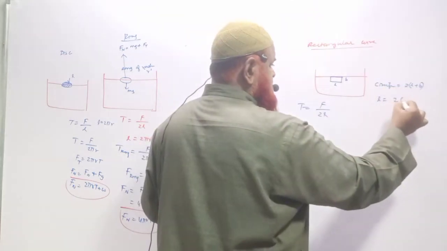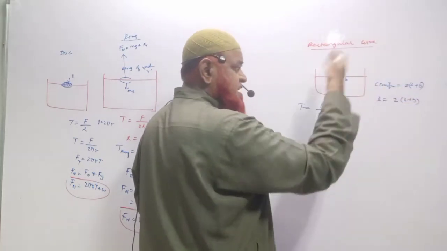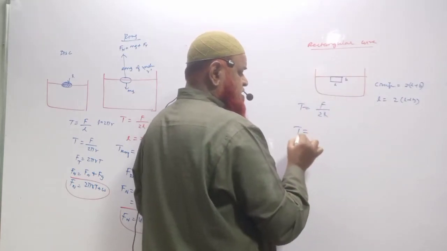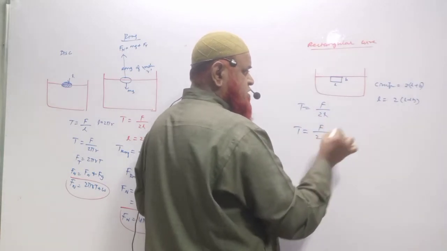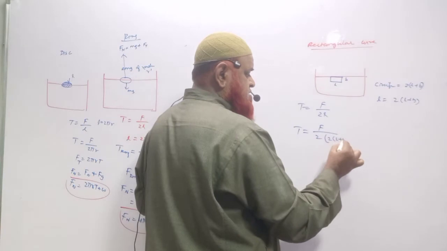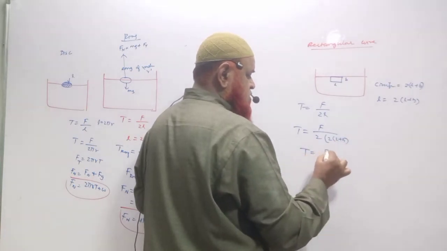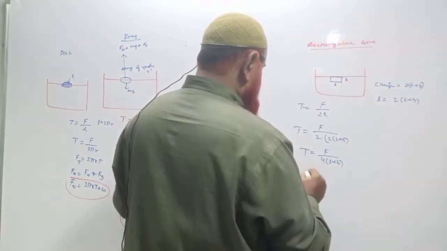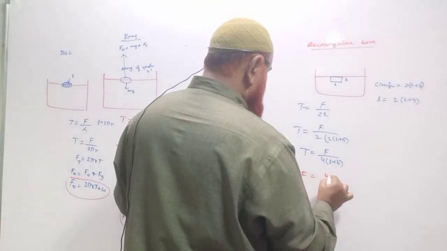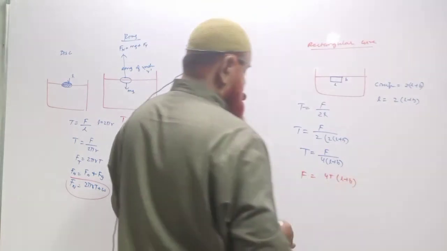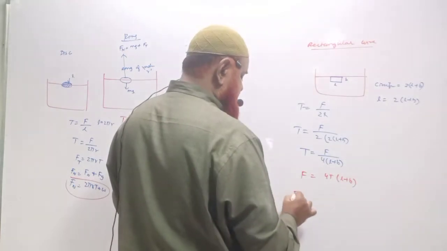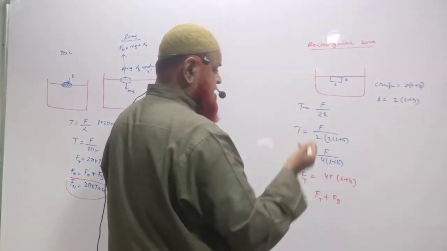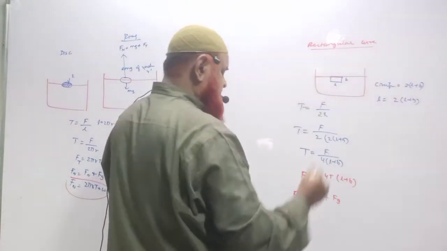And the length here is 2 into L plus B. And there are two such lengths, because the inside length and the outside length are both affected here. Therefore tension here is F by 2 into 2 into L plus B. So tension T is equal to F by 4 into L plus B. Therefore the force acting here is 4T into L plus B. And for the net force acting, this is due to tension, plus the force due to weight is also acting here. So weight is also lifted here. Both the things you have to consider.